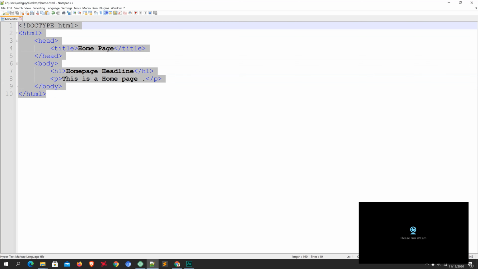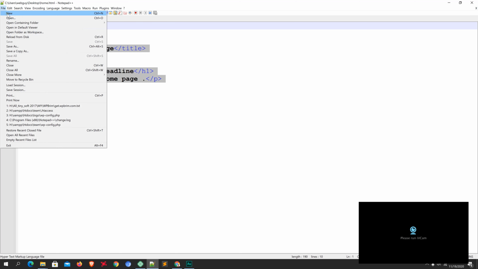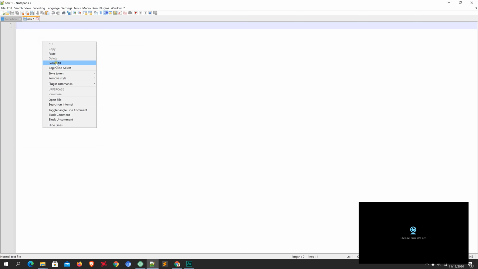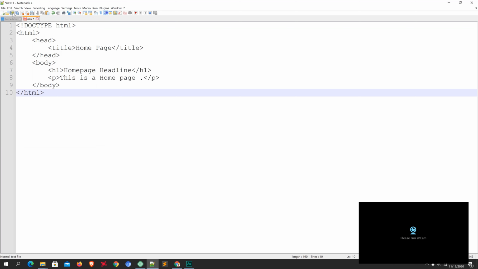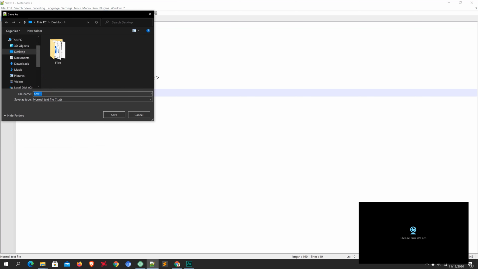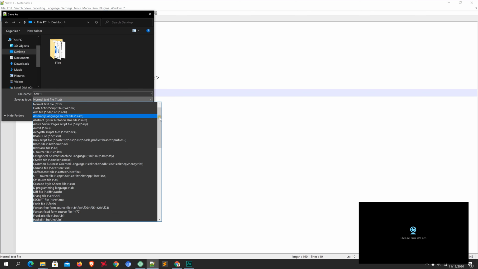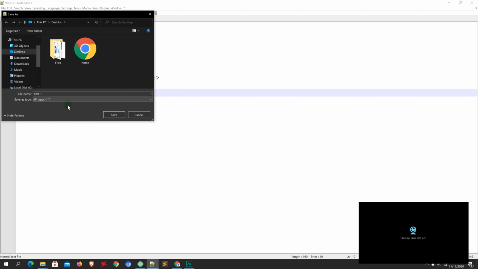So just copy all the code. And here you can see file and new. Paste the code, and again click here on the save button and save here. And the file type will be all types. And again, I'm going to name it about.html.